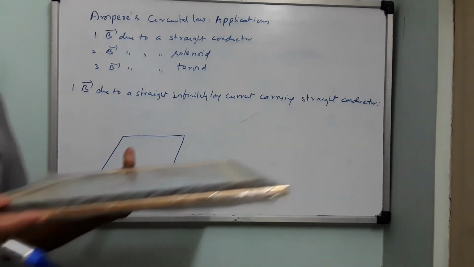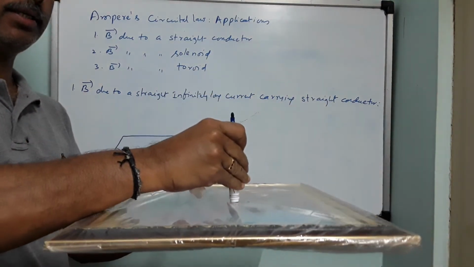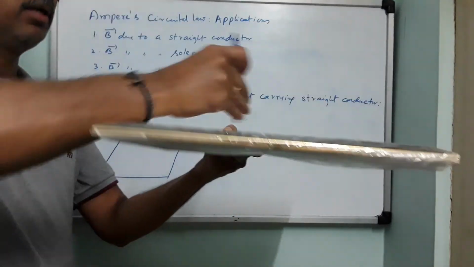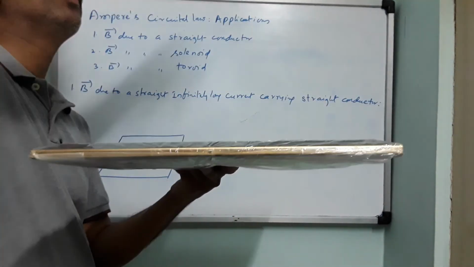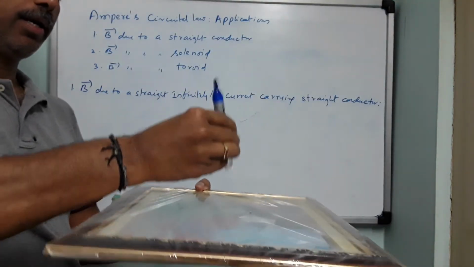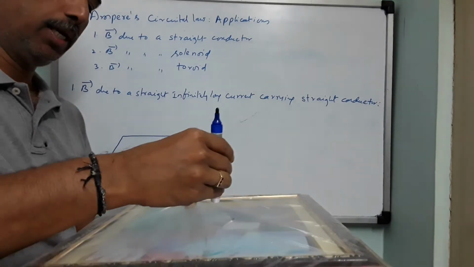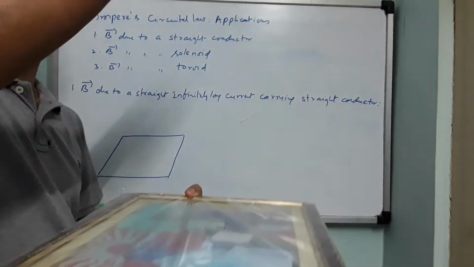It's like this. So this is the horizontal plane and here is the conductor that is coming out from the bottom. So infinitely long. Above it extends up to infinity. Below also it extends up to infinity. Now I will pass a current in the vertical upward direction. It is my convenience only. So now current is going in the upward direction.